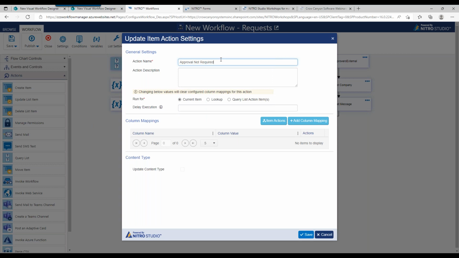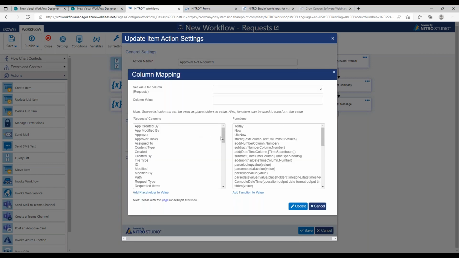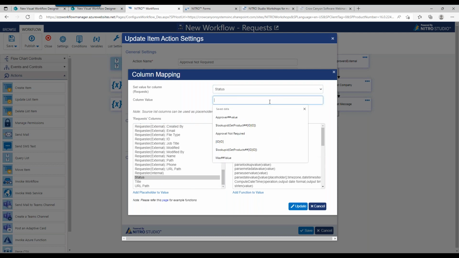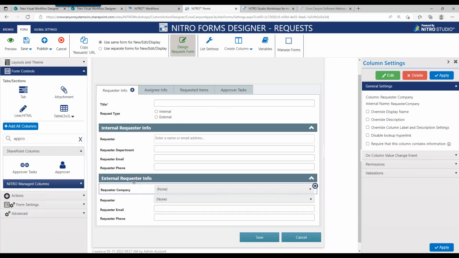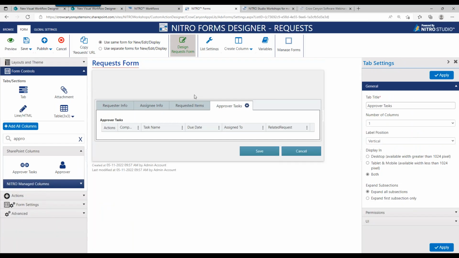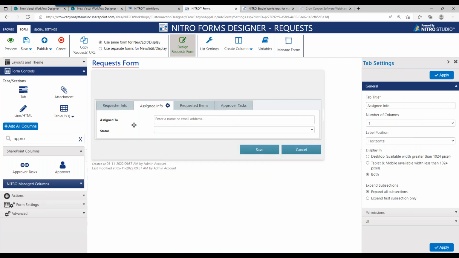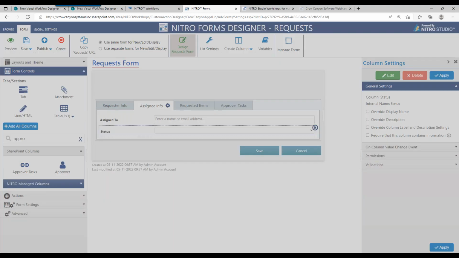Removal not required. And let's see, we'll do add column mappings, and there's a status on here, approval, it's a status field. So there's a status field on here that I, oh, it's up here actually. Here, I'm going to do the status is going to be approval not required. Now, of course, I want to make sure this matches up with my option on the list, but I can always go check that and say, approver task, let's see, where is it? ID information, status, here it is. So if I edit that,